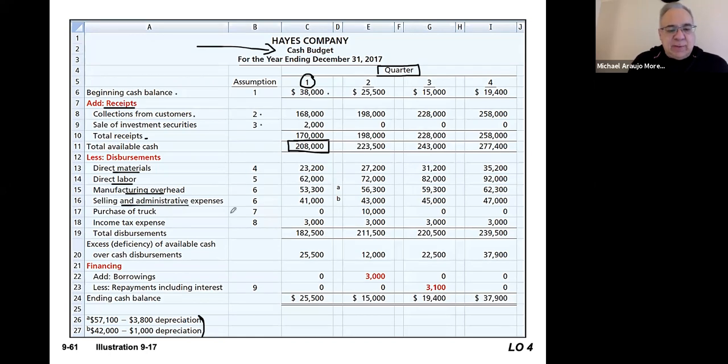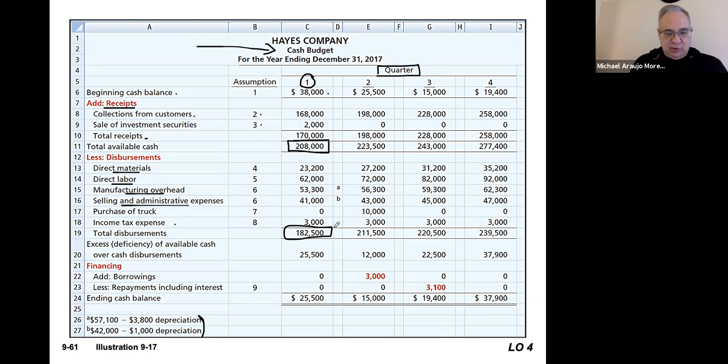Selling and administrative expenses, again, minus depreciation, 41,000. We're not buying a truck in the first quarter, but we will later on. And we are going to spread our income tax expense evenly, $12,000 for the year, $3,000 each quarter. So we're going to need to fork out